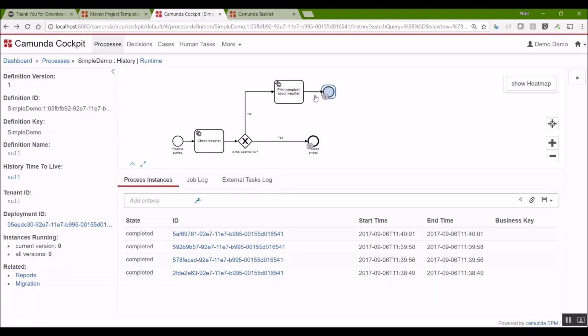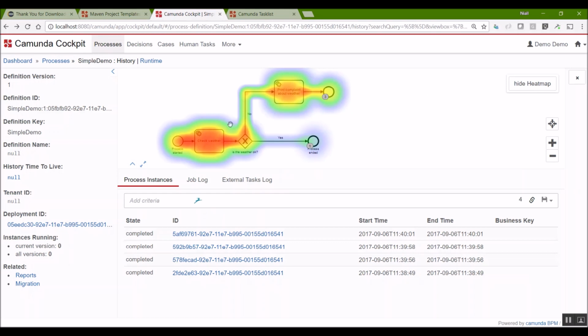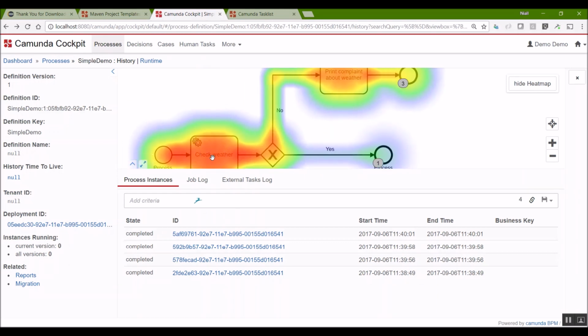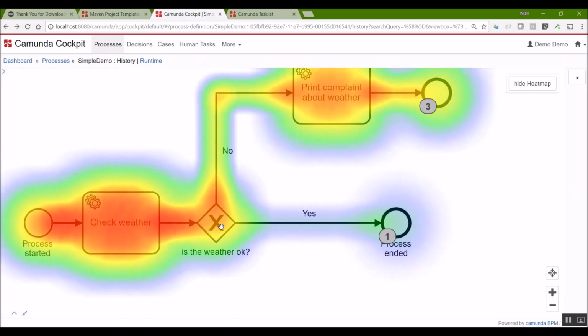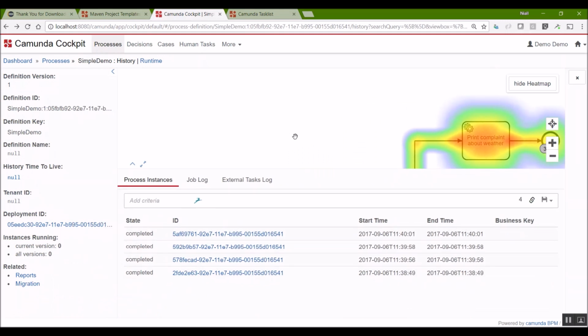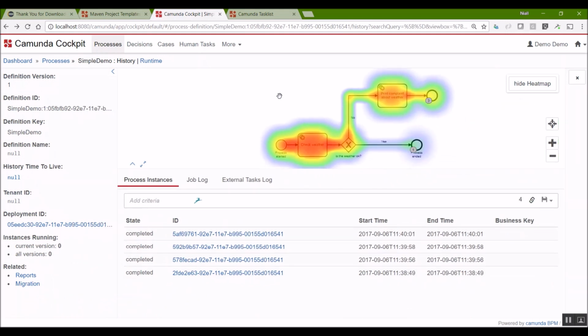And we can see that we had 3 arrive up here and 1 here. Up in the top right here, there should be a heat map. If you select that, then we should see the most common route through our process, which is pretty obvious. Everything passes through here. Then most of the time we go this way, and some of the time we go this way. Okay, all makes perfect sense. So that's a basic introduction into how to build a process, how to add some Java classes, and you can see that it works pretty well and it's pretty easy.